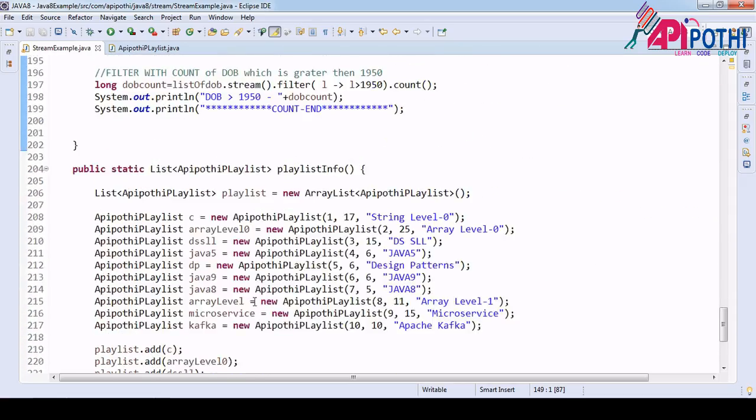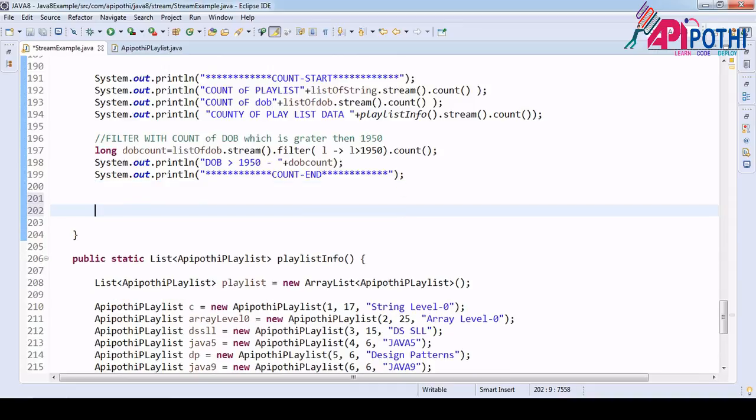One more important thing here is to understand hash code. So how is hash code working? I mean, what is the hash code relation here?